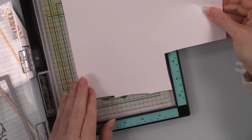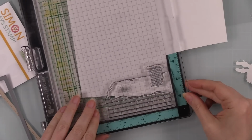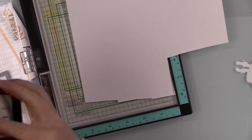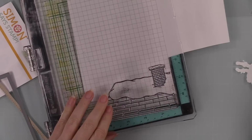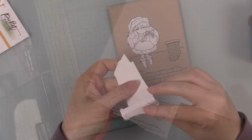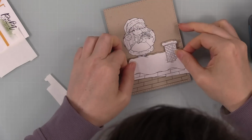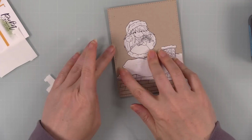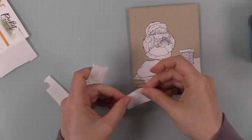So got it in place. So as long as I have the whole roof line here. And then I'm going to stamp that. And then I just trimmed it out the exact same way. And again, very simple, quick and easy to cut that one out. So I'm going to mask that one off as well. So now both parts of this are masked off, so I can do my background, which is just going to